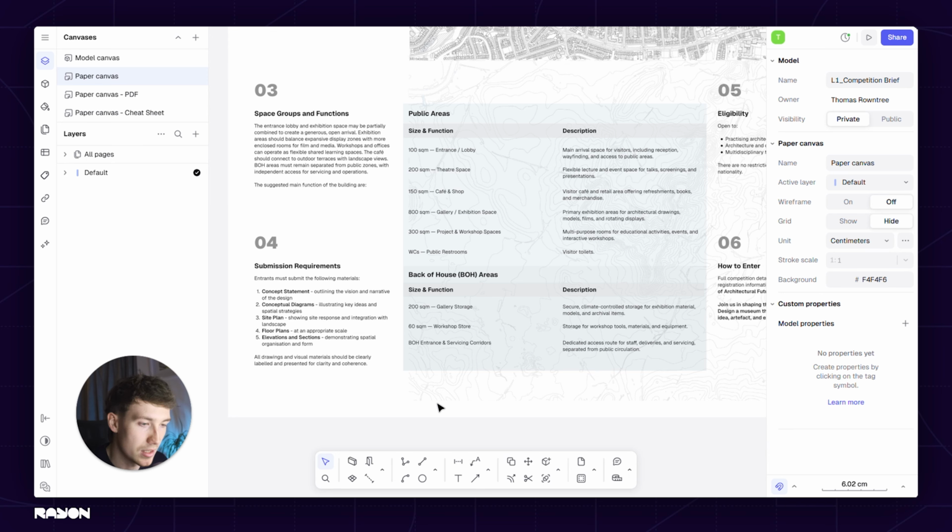As part of the requirements to submit this competition entry, and this is kind of a starting point, we will talk in a little more detail in a minute about how you could potentially exceed this. What we will need to submit is a concept statement outlining the vision and narrative of the design, conceptual diagrams illustrating key ideas and spatial strategies, a site plan showing the site response and integration with the landscape, floor plans at an appropriate scale, elevations and sections demonstrating spatial organisation and form. So they are our 5 requirements to submit as part of the